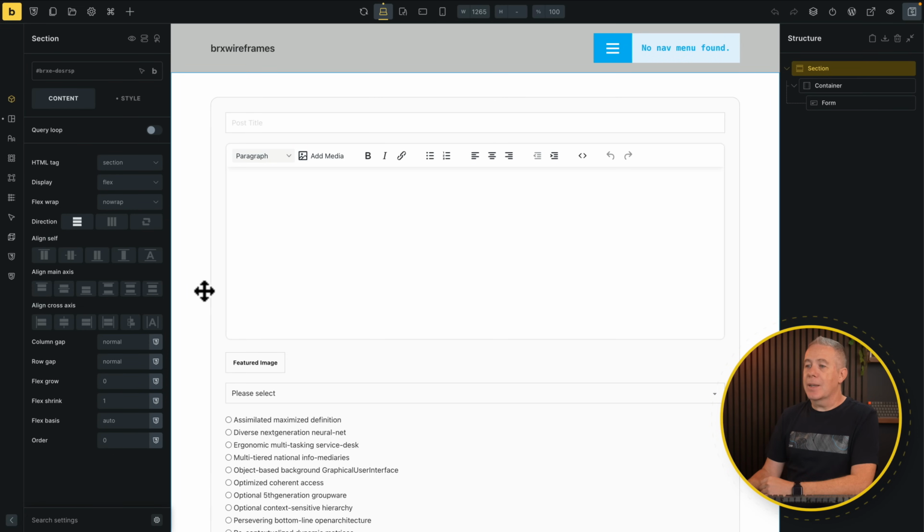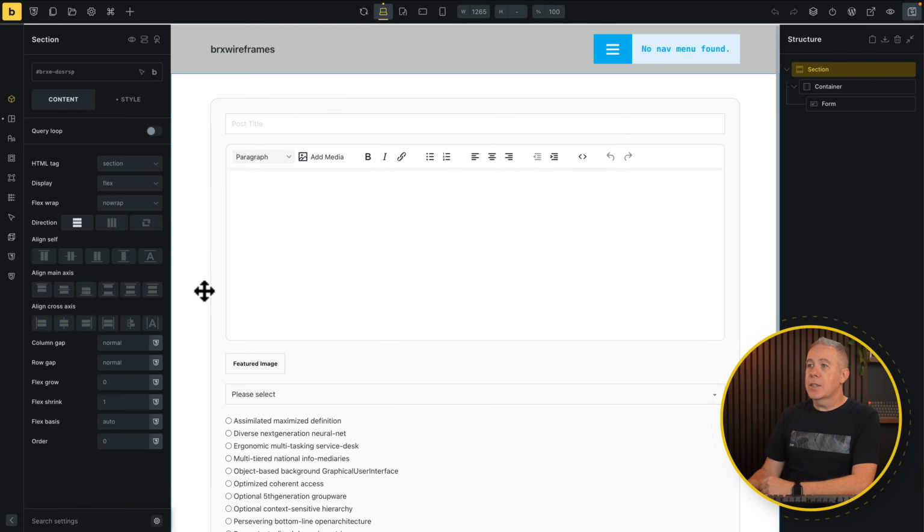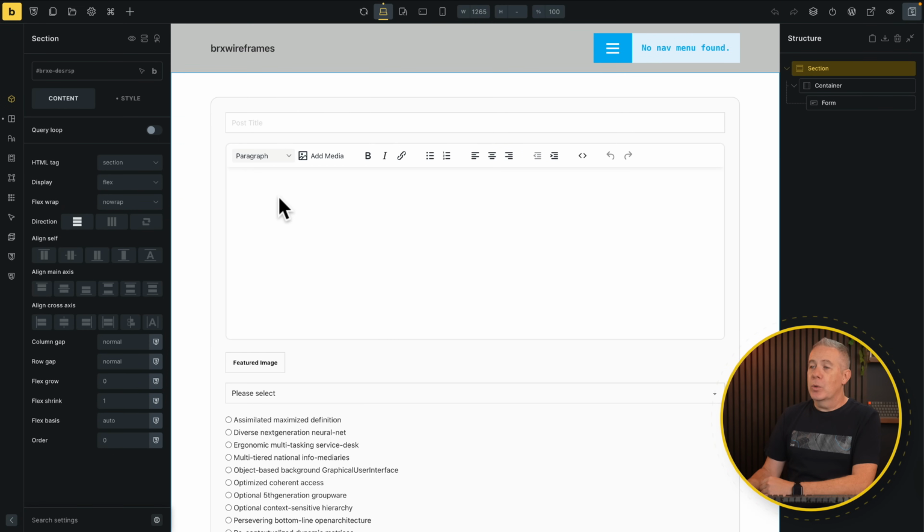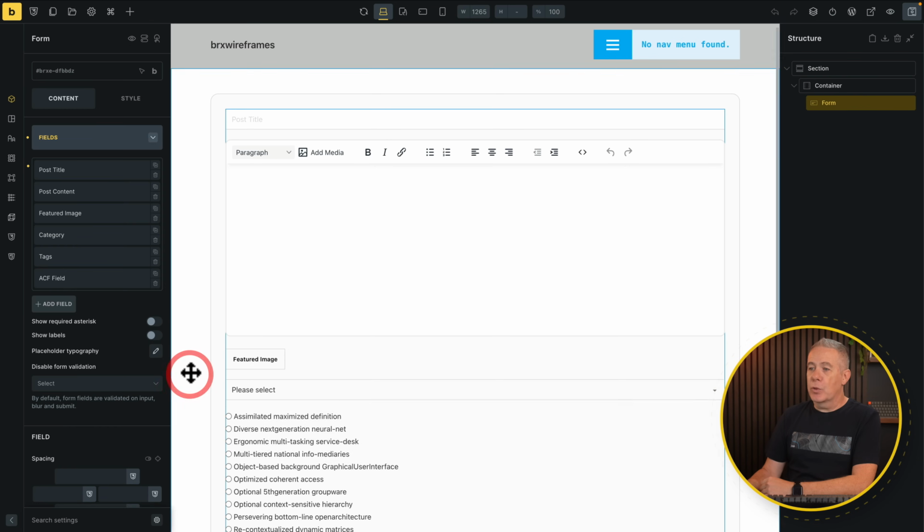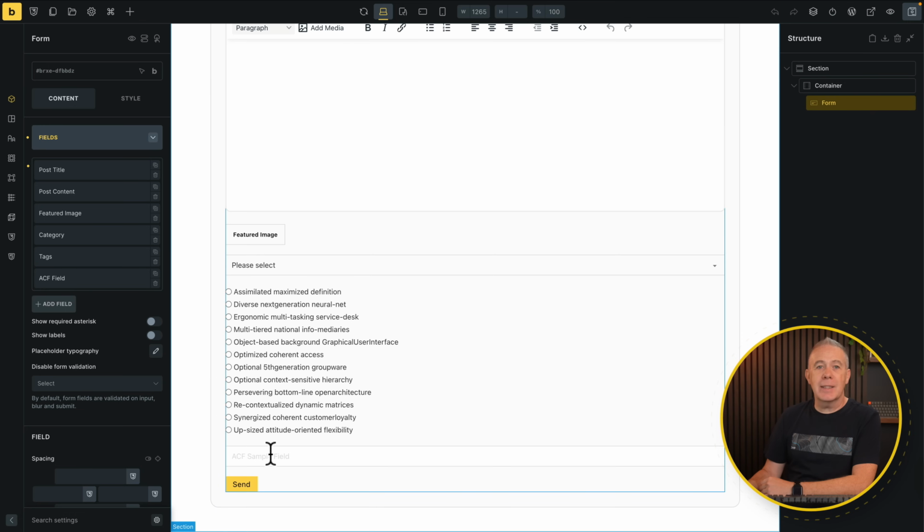And I will, like I say, cover this in its own dedicated video in a lot more detail. We will take a look at how it all works, how to set it up and everything. But let me just show you a quick demonstration and you can see how the basics of it work. So if we take a look at my test page, you can see I've got a form inserted in here. This form has a post title. We've got the content editor, featured image, taxonomy selection. We've got tag selection. And we've got a custom ACF field because you can tie this into Advanced Custom Fields